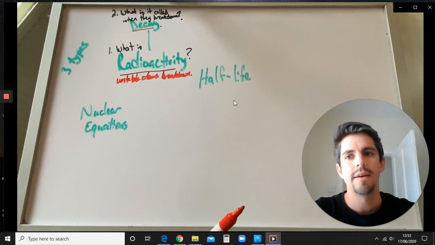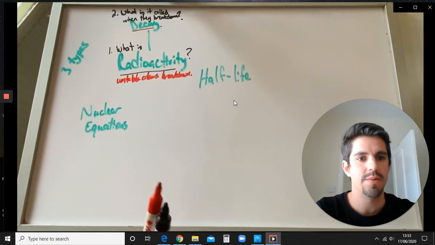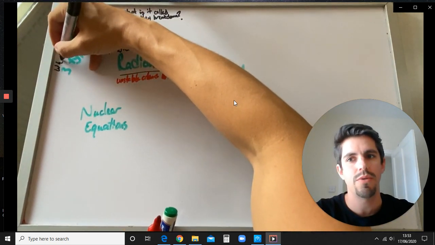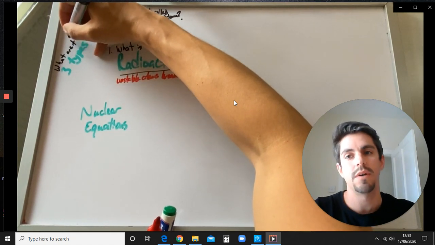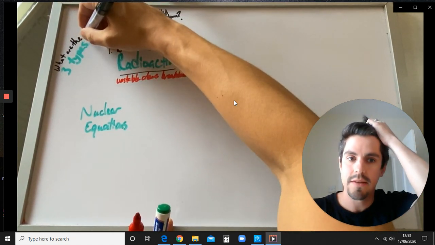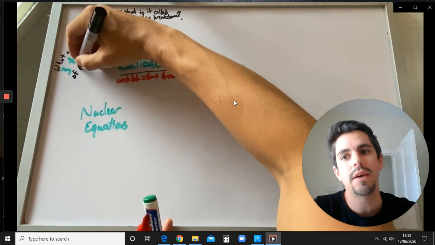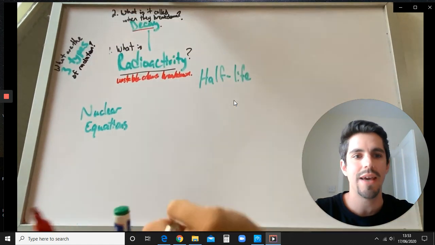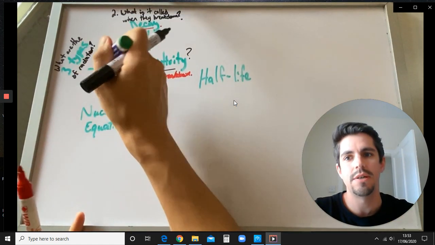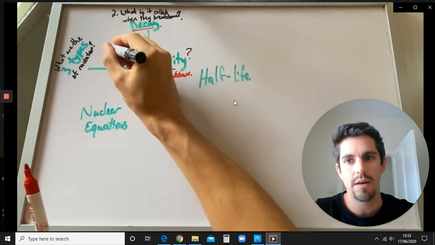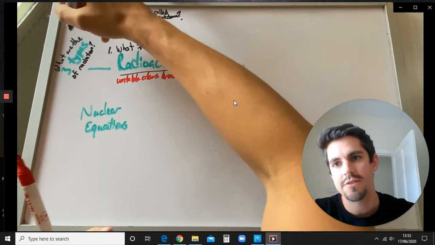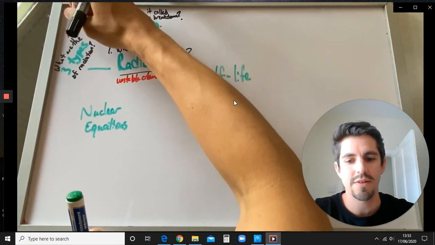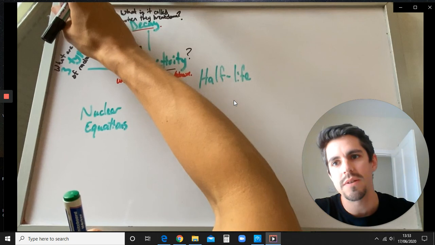And when they decay, they go into 3 different types of decay. So it could be any one of these 3 types. So our third question is, what are those 3 types of radiation? What are the 3 types of decay that something can go through? So it can go through alpha decay, beta decay, and gamma decay. Now, unfortunately, you need to know the 3 symbols for those. I'm going to draw those on there in a second. Just make sure I get the numbers. That's super important. Number 1, number 2. So I've got to squeeze that in at the top there. That's a little bit of a squeeze.